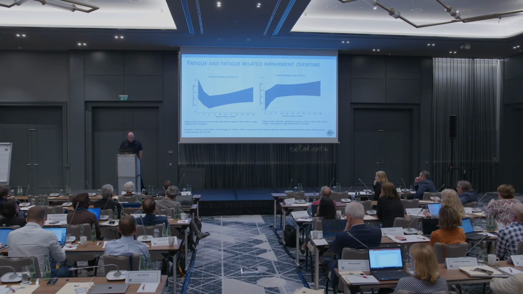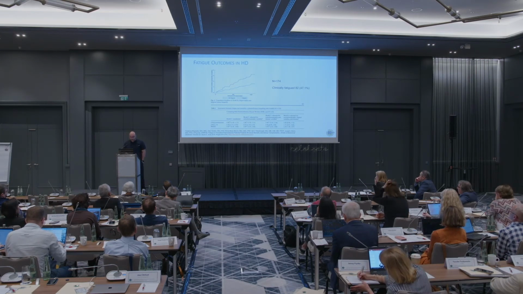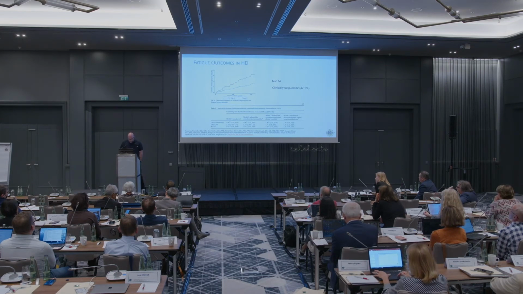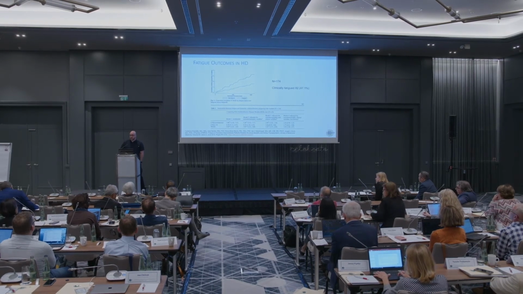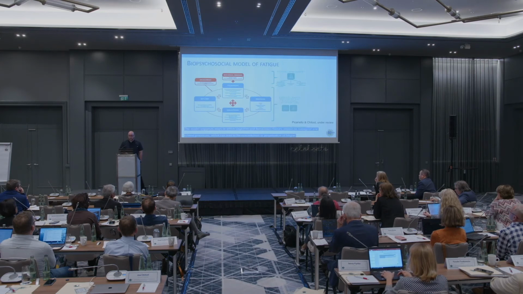So there's two differentiating patterns here, trajectories of fatigue severity versus fatigue-related impairment. Again, this is a relatively small sample size, but we know people who are clinically fatigued, using a validated self-report questionnaire, have worse outcomes. So there's definitely an association between high levels of fatigue and early mortality in people on hemodialysis, and the same is true for fatigue-related impairment. Fatigue-related impairment independently predicts mortality even after you control for the severity of the fatigue. So it's obviously a very important outcome to focus on.